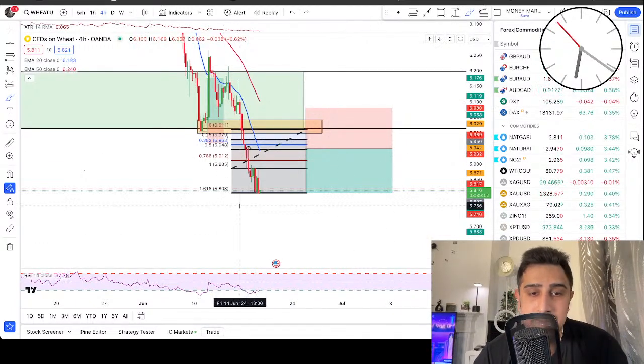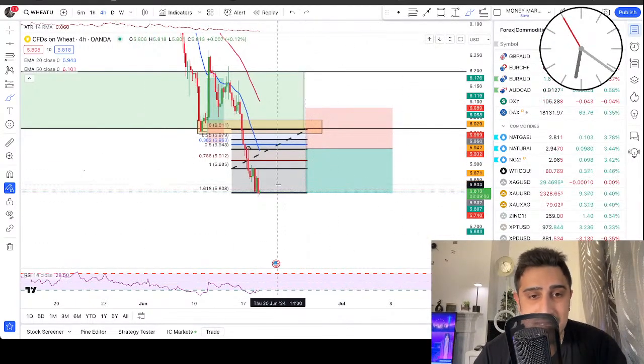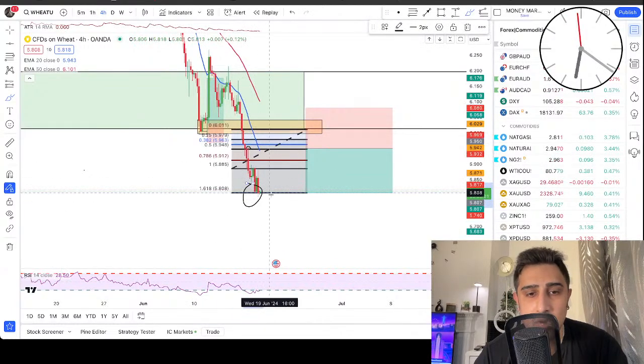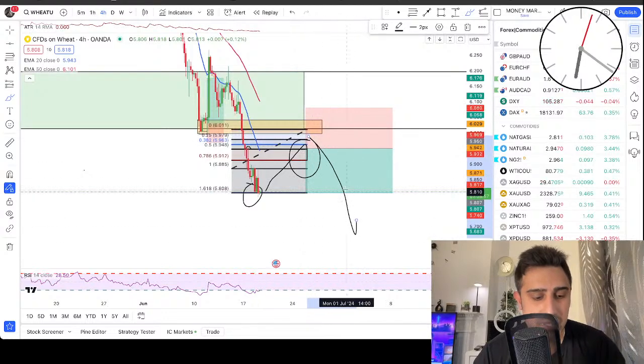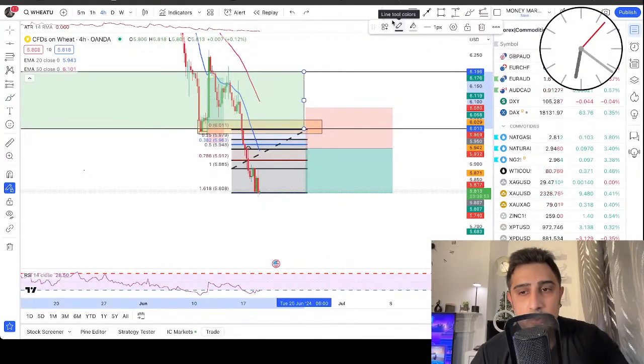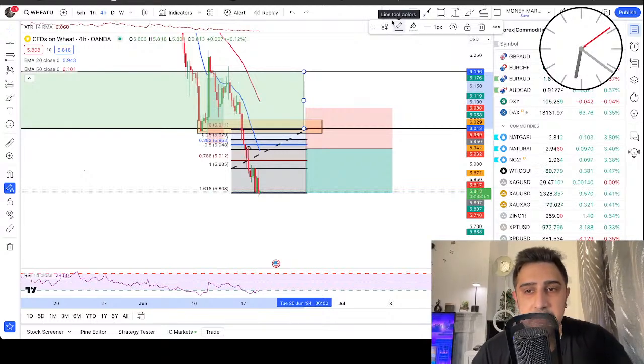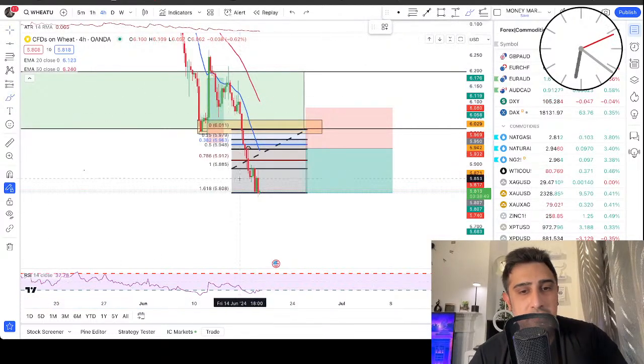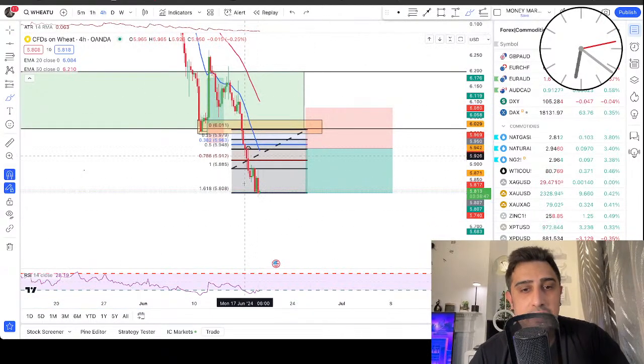So as now the target is hit, I'm not taking entries anymore, but as now the price made a new low, all I want to see is a pullback, a bearish engulfer, and keep on taking shots. And I'm going to use the zone above, which is 6.013 and goes up to 6.196, a zone from where we can possibly get a push lower.